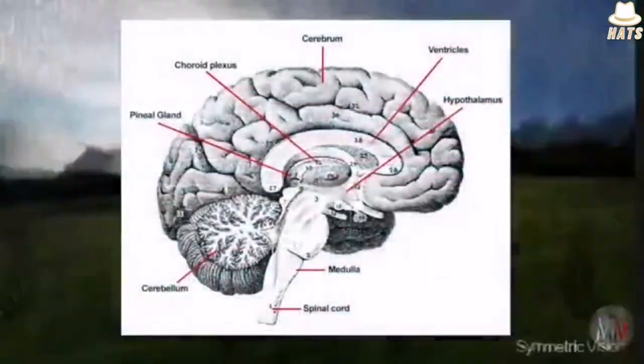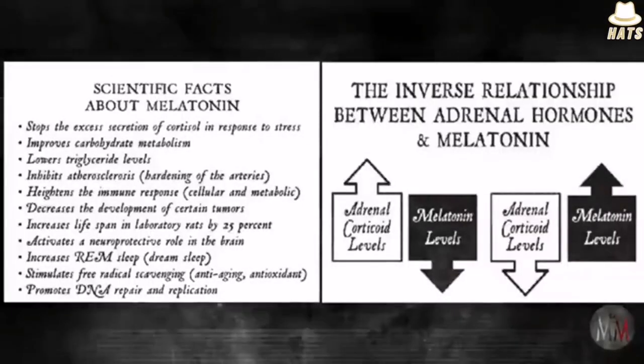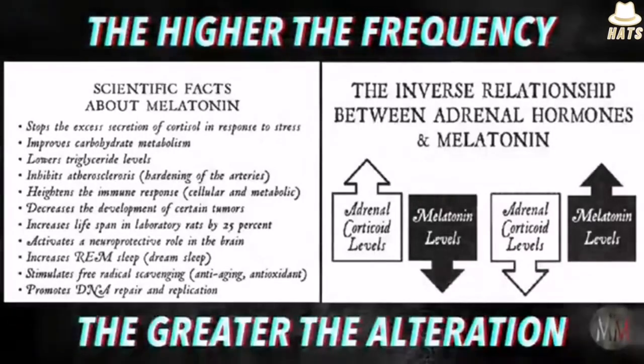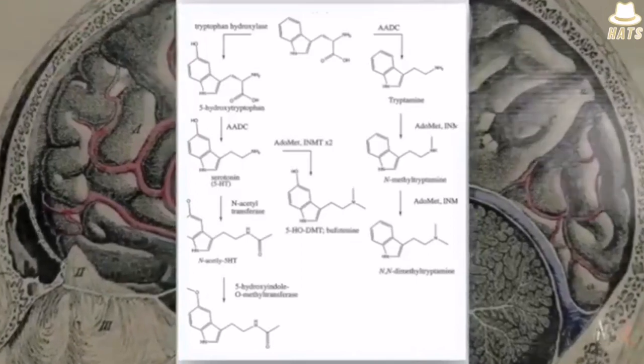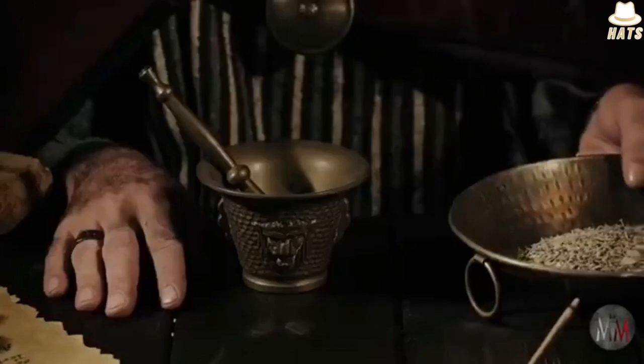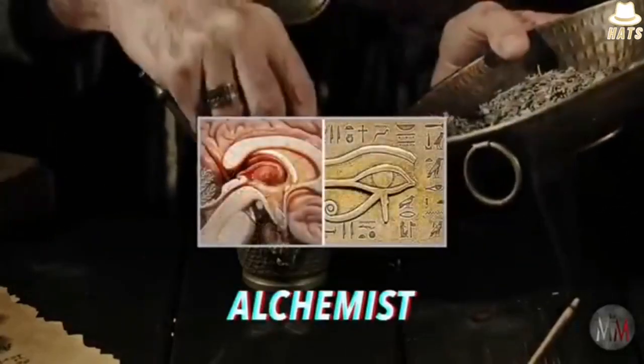Since energy is frequency, and frequency carries information, the pineal gland transduces that information into vivid imagery. When your pineal gland is awakened, because it is picking up higher frequencies, these higher energies alter the chemistry of melatonin. The higher the frequency, the greater the alteration. It's this translation of information into chemistry that primes you for those transcendental, mystical moments. This is why I like to call the pineal gland an alchemist, because it transmutes melatonin into some very profound,